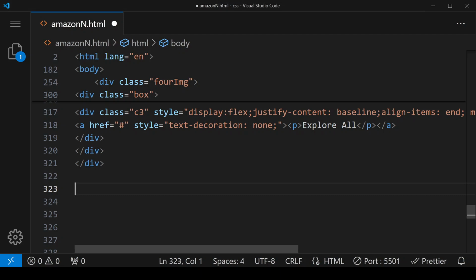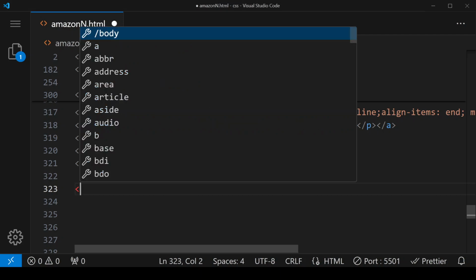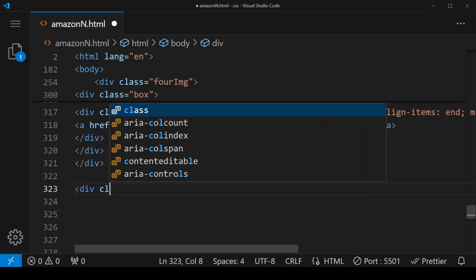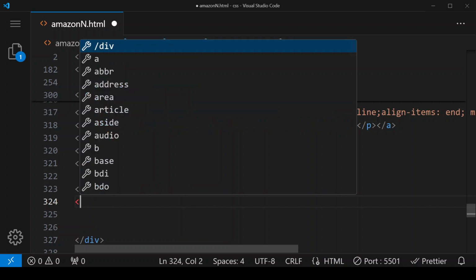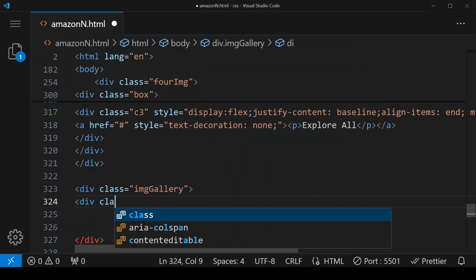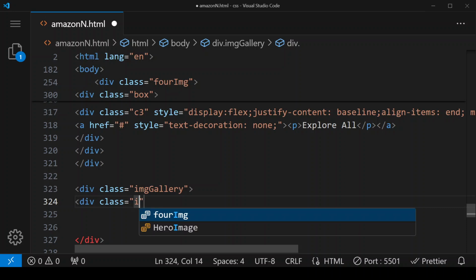So for that, I'm starting a div to which I'm assigning the class image gallery. Now this is the whole div. Within this image gallery I'm creating one more div, and I'm assigning a class imgs to it.